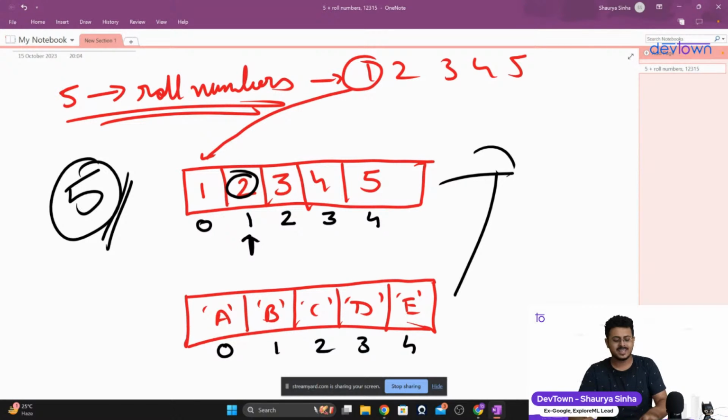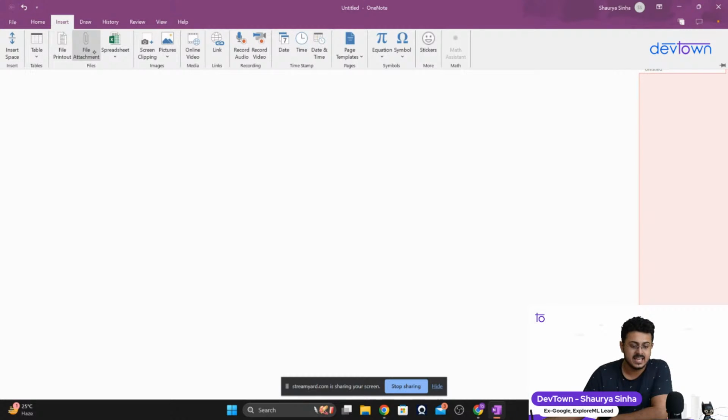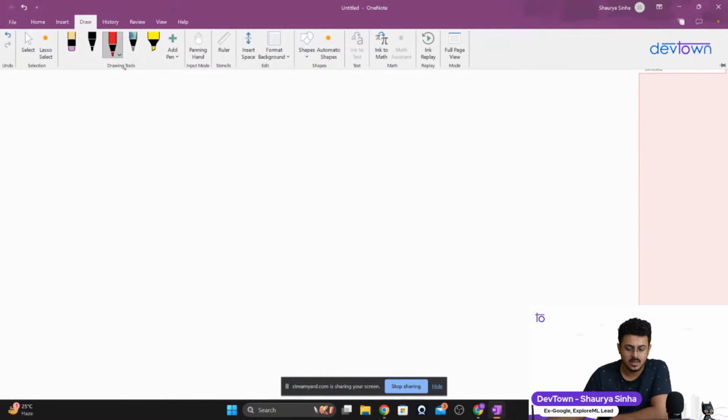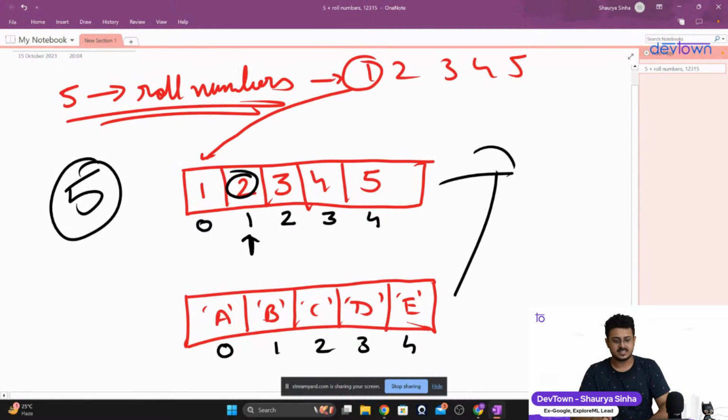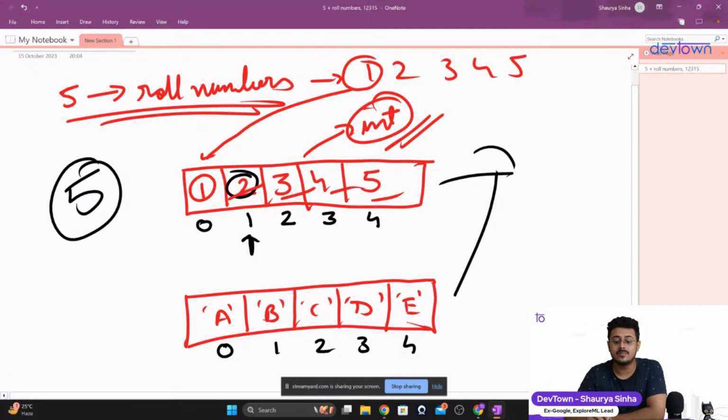Now, if I want to create an array inside of C++, it is actually pretty simple. You have to write first the data type. What is the data that is going to be contained within the array? For example, in our previous arrays, the first type of array had the data 1, 2, 3, 4, 5. What are these? These are integers. The elements present inside our array are all integers in nature. So if I want to create this array, I will have to write int